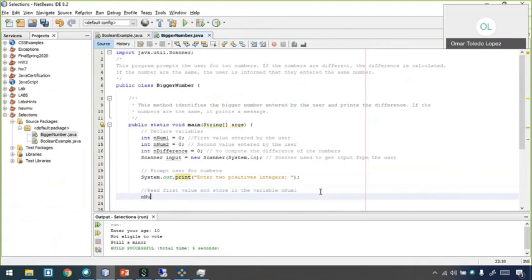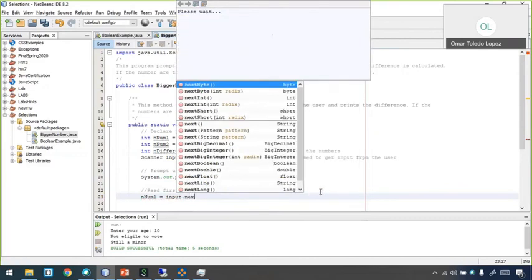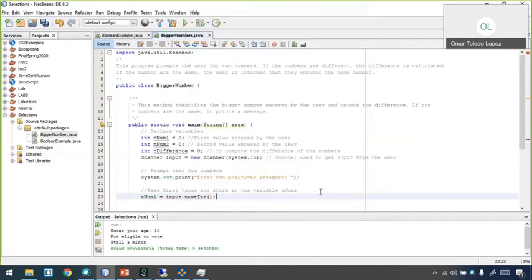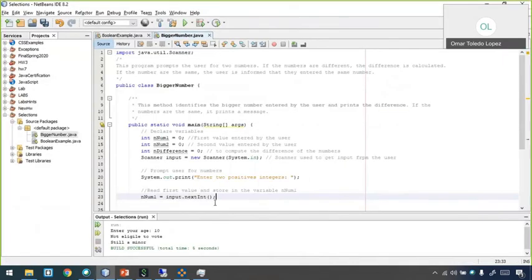So n1 is going to be equal what? The scanner. Remember, the scanner is going to help us to store the data. Input.nextInt, right? Correct? Okay. So when the user types 3 space 7 enter, we're going to read the number 3 with nextInt